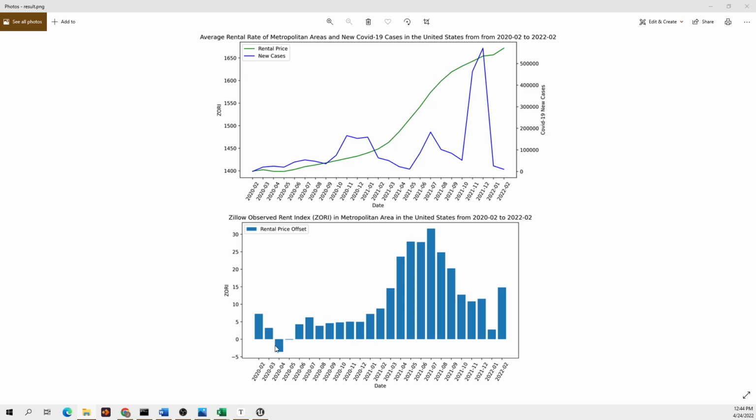We can find that at the beginning of COVID, I think most lockdown orders started from March or early April in the United States, we can notice there's a drop in April 2020 and also a little drop in May 2020. I think that is because people